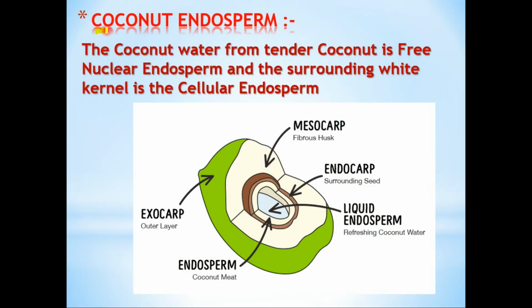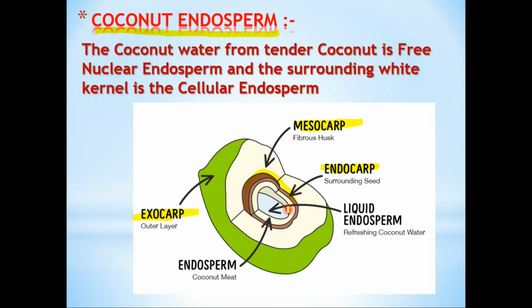Now in our textbook there is one case of coconut endosperm. It is very interesting, and we are all aware that a coconut has the outermost green part that is called the pericarp. The pericarp has three regions: exocarp, mesocarp and endocarp. The endocarp is the hardest layer, very tough and hard like stone, and inside the endocarp